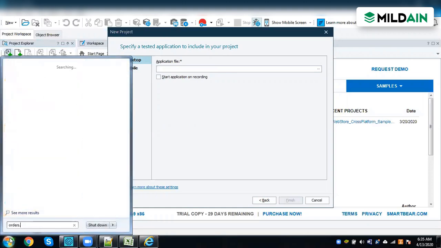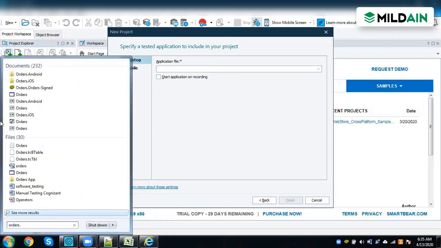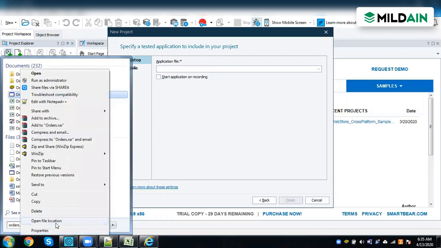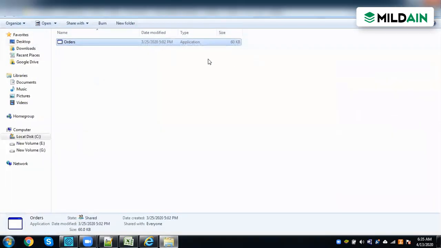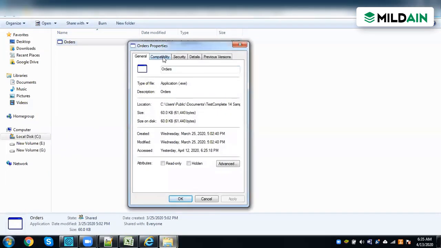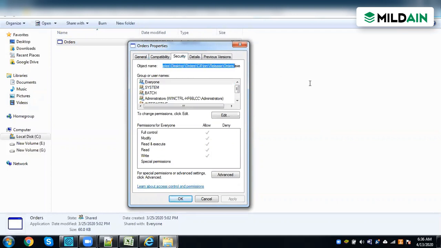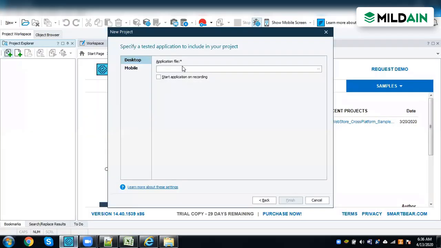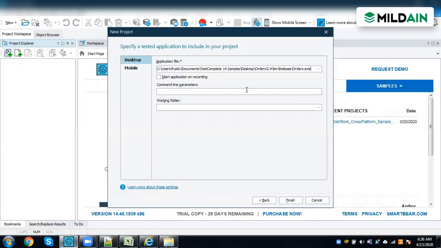So I will show you a sample exe file. Actually, there are a lot of new changes in this recent release. They recently released 14.4 just before one week. They've added all this; usually we would add it manually. So I can just give this and I'll finish for now.